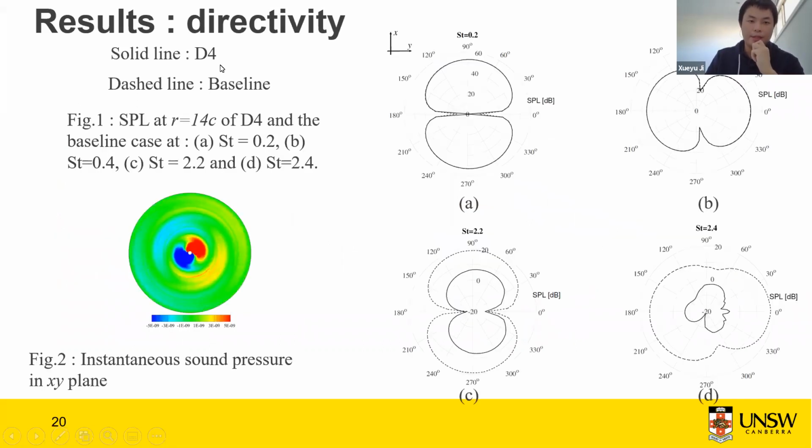In this case, we studied the influence of the serrated trailing edge on the directivity. I have calculated the power level at given frequencies for D4 and the baseline. You can find that at ST equal to 0.2, which is the flapping frequency, and ST equal to 0.4, which is 2 times the flapping frequency,